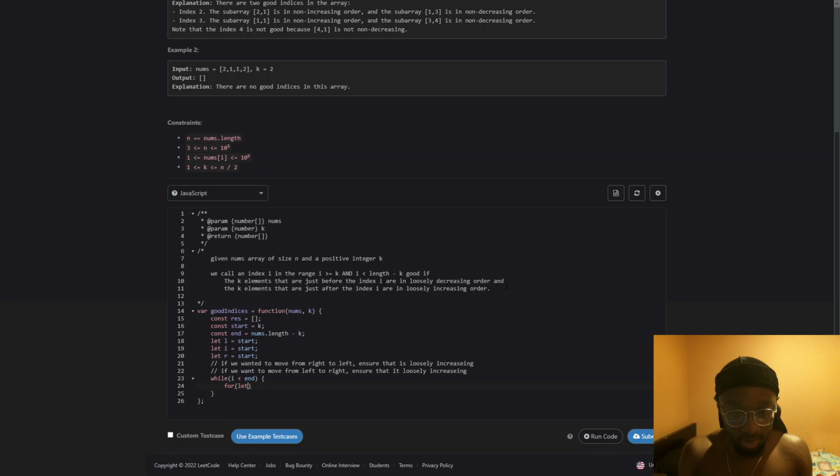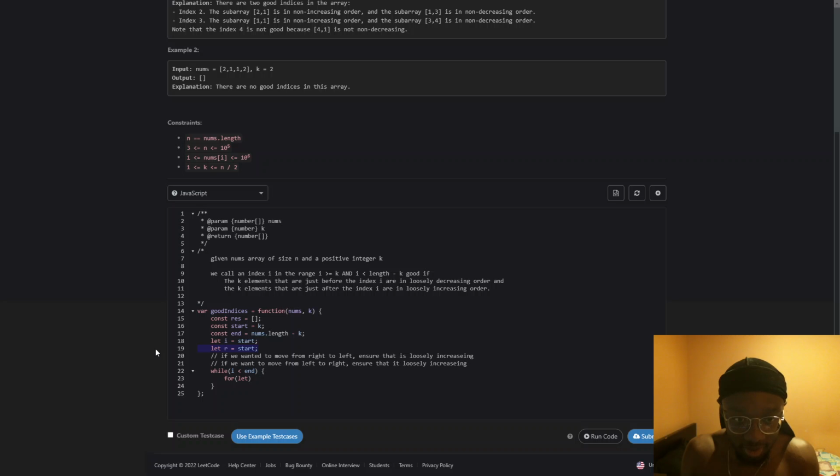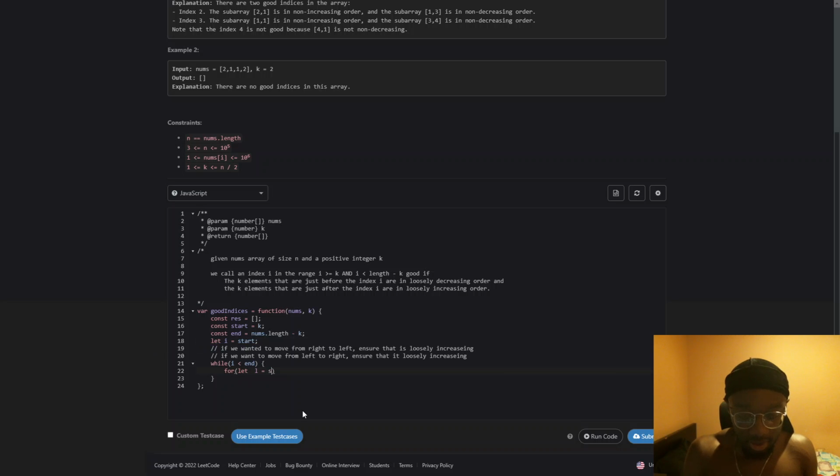Right? I don't even know if it's clear that you would need something like this. I mean, you could let l equal start, while l, moving from 2 to 0, is greater than or equal to start minus k, l minus minus. All you have to do is ensure that it's strictly,